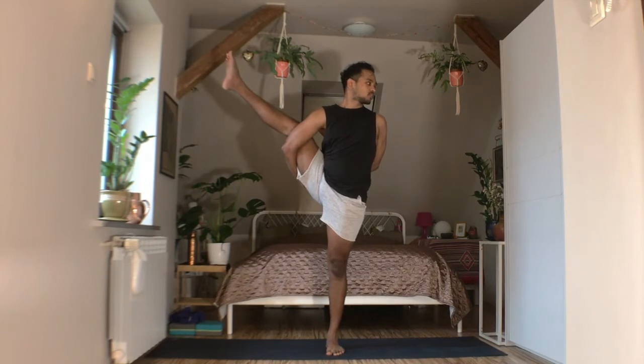Okay, if this is comfortable for you, just stay here. If this is okay, take an inhale now. As you exhale, squeeze your right quadricep, engage your belly, and extend that right leg out to the side. Still comfortable with your balance, look over your left shoulder. Stay for 1,